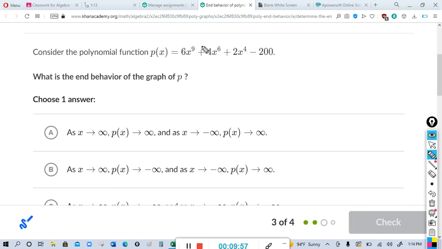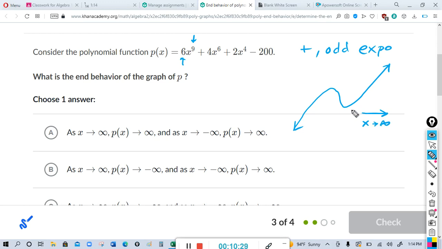So the greatest exponent is 9. That's an odd exponent. The coefficient is positive. So it's positive and an odd exponent. That means the graph is going to be like this. Going this way, as x goes to infinity, what happens to y? It just keeps going up, positive infinity. So y goes to infinity as well. And then when you go to the left,